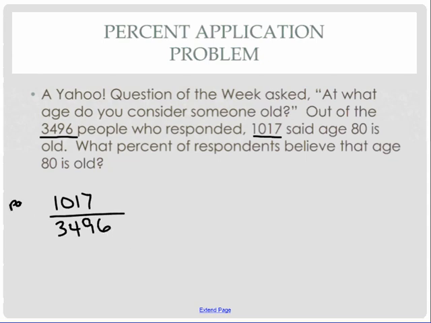This is the part, and this is the whole amount. The part that said yes divided by the whole amount. If you do that on your calculator, you get 0.2909, and then we multiply by 100. So that will turn this into